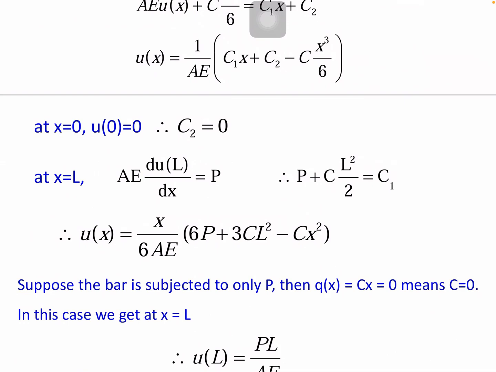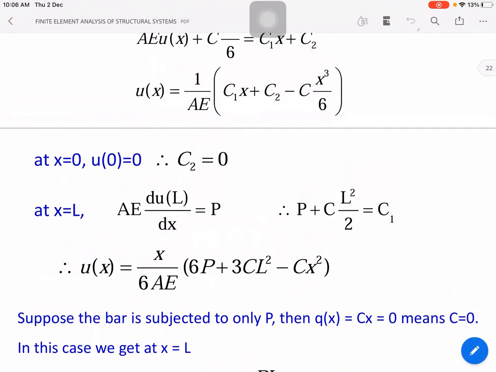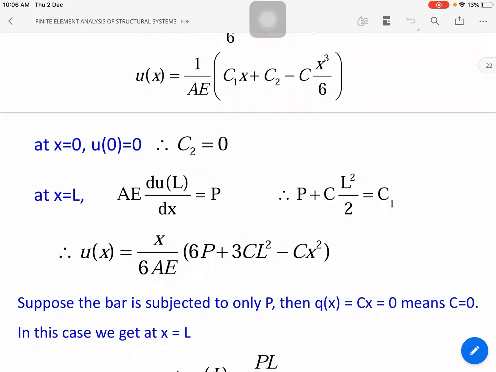If we substitute x is equal to 0 in the above expression, c1 becomes c1 into 0, which is 0, minus c into 0, which is 0, remaining is c2, and u also 0, therefore c2 equal to 0 you will get. And at x is equal to L, we can substitute P is equal to